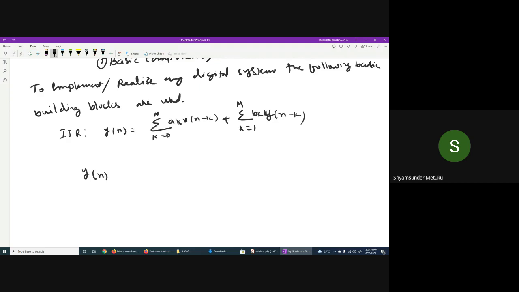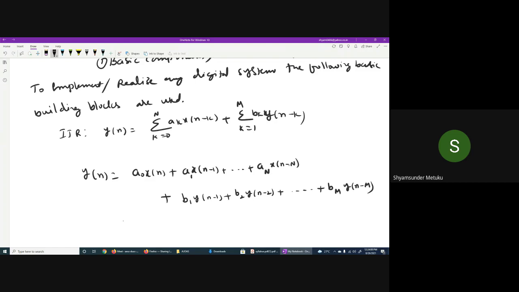If I'm trying to expand at least a few terms, okay, otherwise not a problem, I'll just try to write a1 x of n minus 1. It goes on up to how many terms? For the last term for the a? N, isn't it? Plus b1 y of n minus 1 plus b2 y of n minus 2. It goes on. What is the last term for this one? B m, y of n minus m.